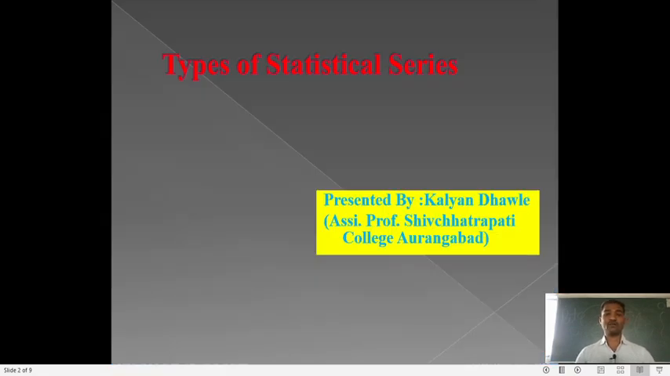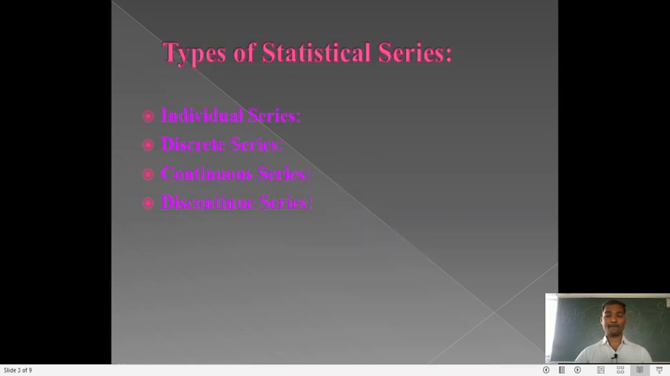Types of statistical data series, presented by Assistant Professor Dhawale KB, Chhatrapati College, Aurangabad. Types of statistical data series. Basically, there are four types of statistical data series. Number first is an individual series. Number second is a discrete series. Number third is a continuous series, and number fourth is a discontinuous series. So we will see the definition and examples of each type of data series. Okay, number first,